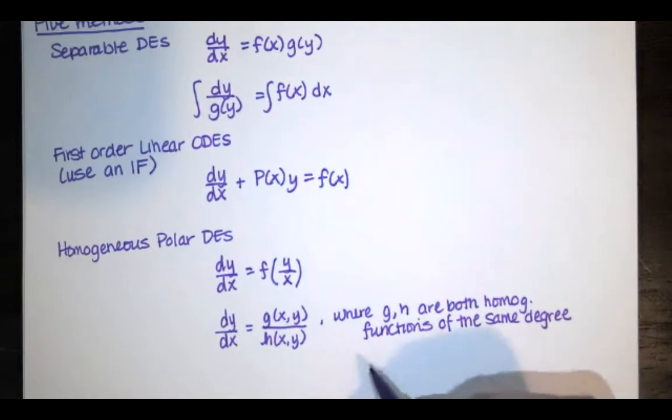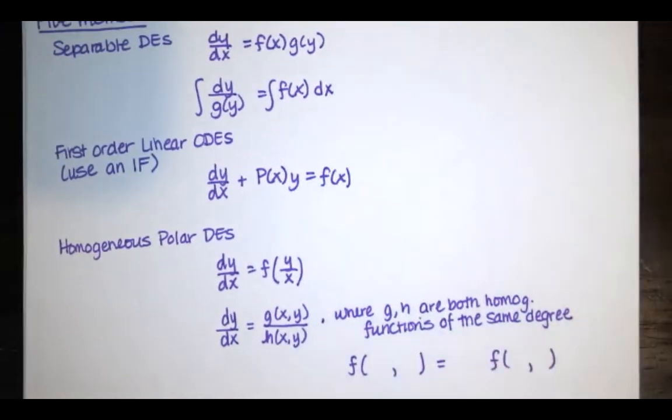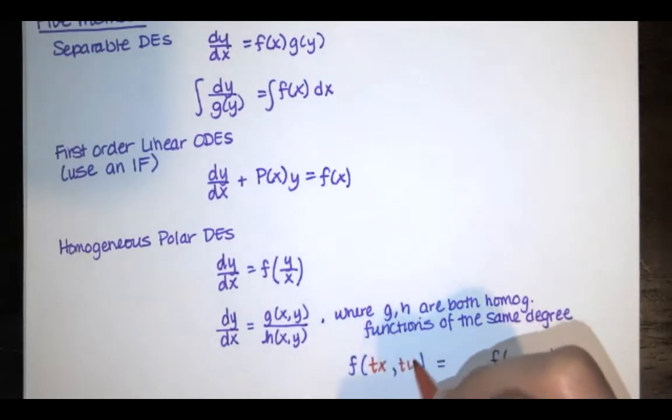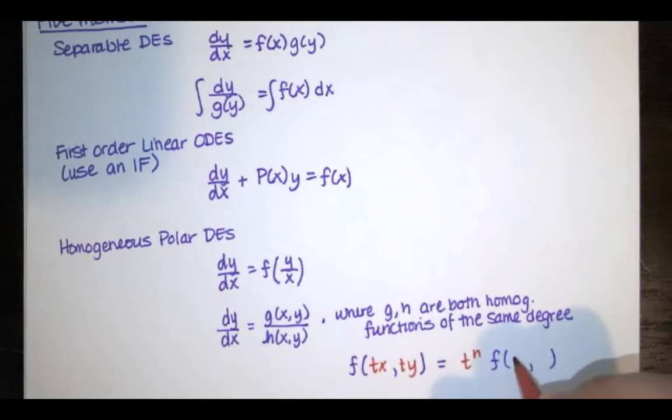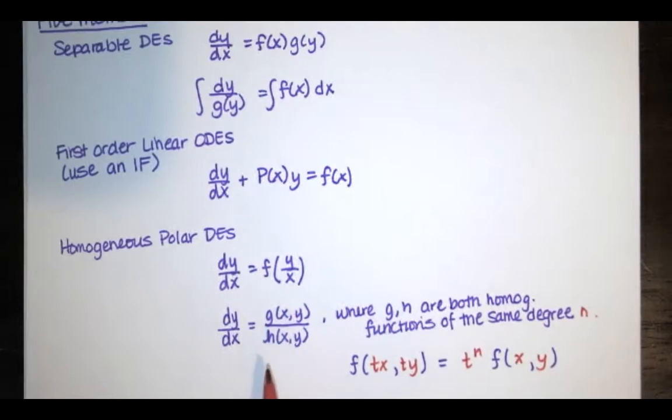And remember, a function is homogeneous if you can replace the x with tx and replace the y with ty, and you get t to some power times the original function back after some simplification. So you plug these in and you do some algebra, and then you are able to factor out that power of t. This power here, that's the degree of that homogeneous function. So if this is a homogeneous function of degree n and so is this, then the differential equation is homogeneous polar, and that means this right-hand side can be written as a function of y over x,